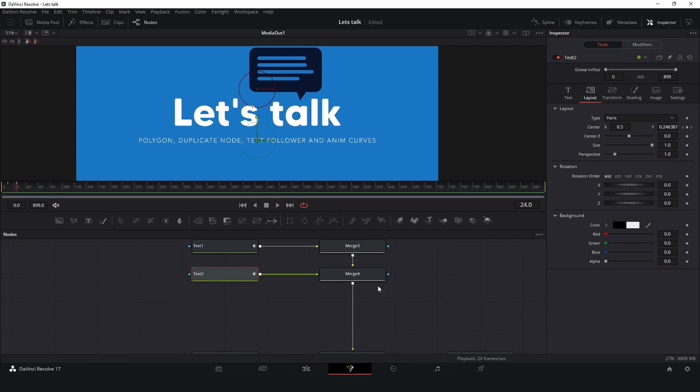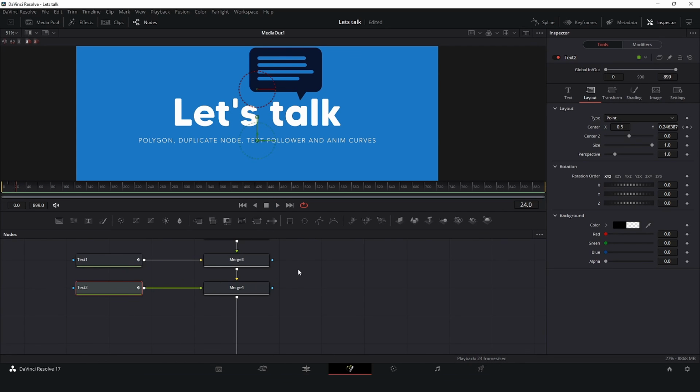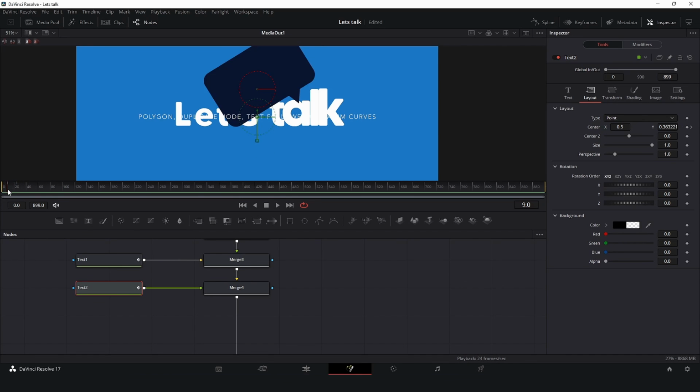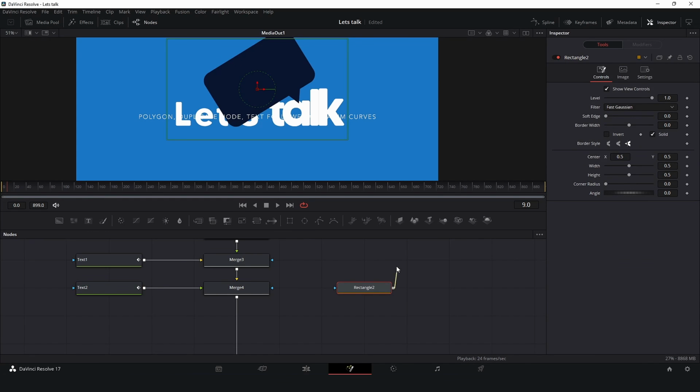Right, perfect. And the last thing I need to do here is create a mask for this text. Okay, so let's come in here, select this rectangle, connect here in the merge node, and invert.